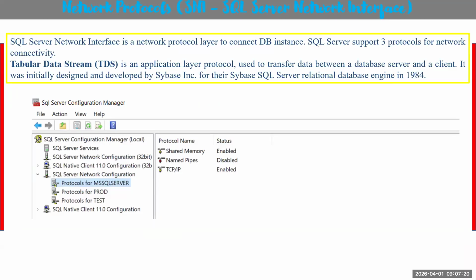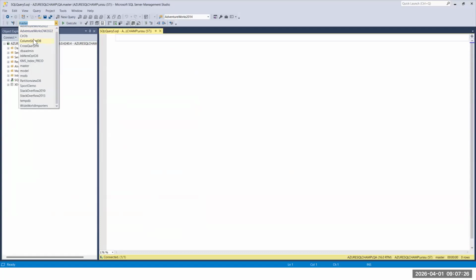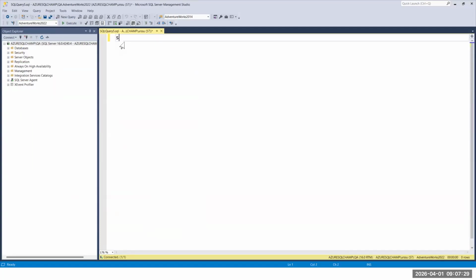When I go to a new query window and simply run a select statement, select star from Sales.SalesOrderDetail, in the front end, this operation is transferred to the SQL Server via network packets.